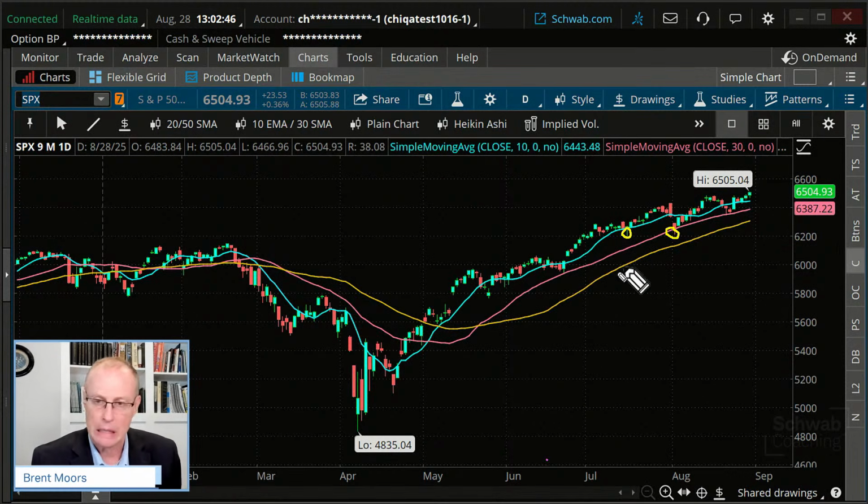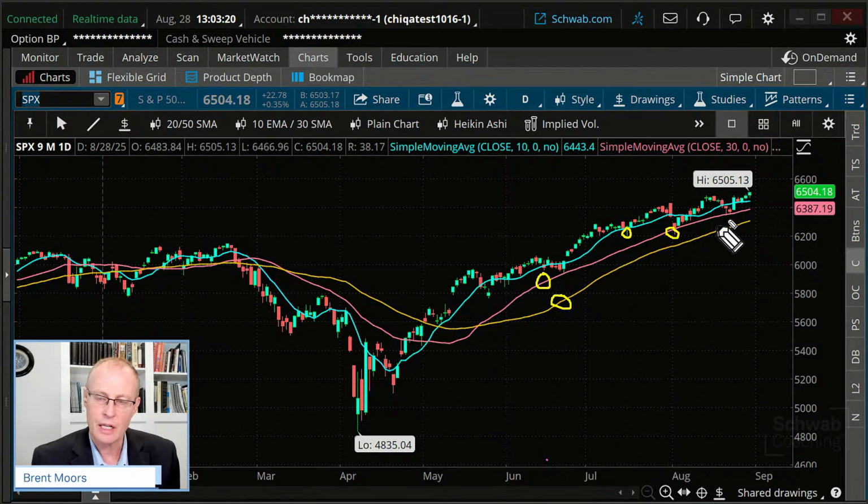Okay, fair enough. But then that kind of begs the question, which moving average? I have three moving averages on this graph here. I have a 10-day moving average in blue. I have a 30-day in this kind of pinkish color. And in yellow, I have a 50-day moving average, and we could do others. In general, shorter-term traders use shorter-term moving averages, and longer-term traders use longer-term moving averages. But the moving averages themselves can be a signal.